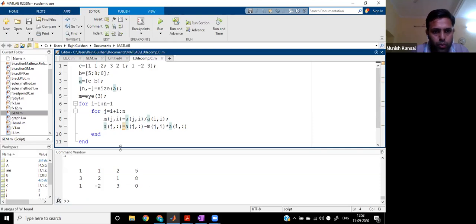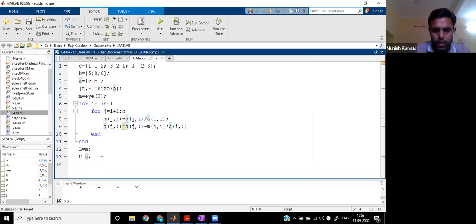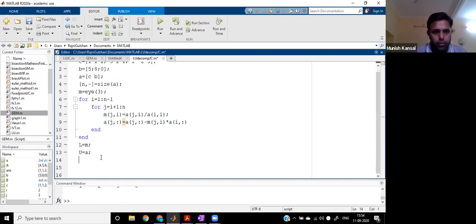Now we have to put another loop for calculating the value of x, okay? So what do we do for x? First we calculate x3 because we are going by back substitution. Again, keep in mind the 3 cross 3 system. So you find out x3. What is x3? You can say this is xn, right? Because the last variable is n. So I'm just writing down xn. What is xn? This is my a of, yes, lying in the nth row, and you go to the n plus first